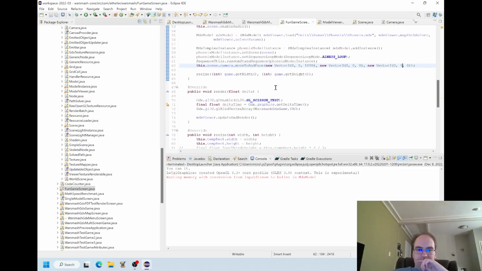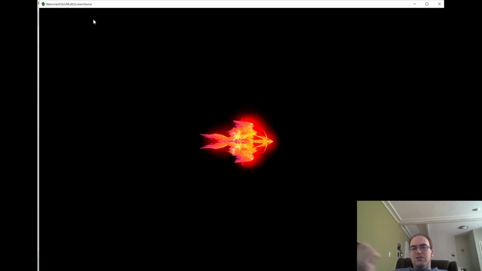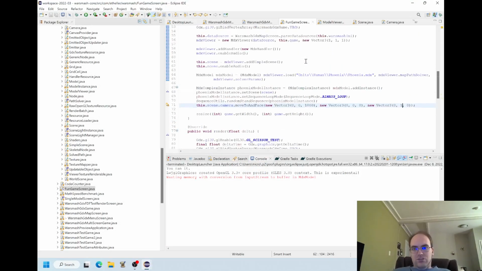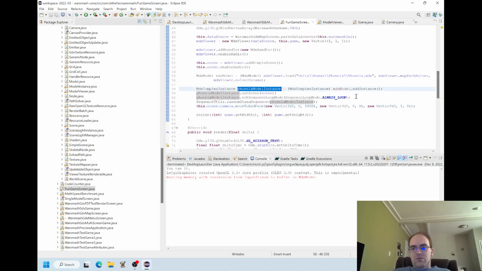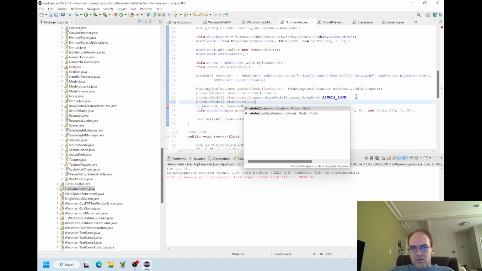And if I do that, you would think that I would see my phoenix in the world, but he'd be facing to the right, because all Warcraft models by default face the positive x-axis. Look at that. See, that's cool. But what I'm actually imagining when I described it is that my phoenix would face vertical. And so that's how my phoenix model instance right here, we should rotate by a quaternion.